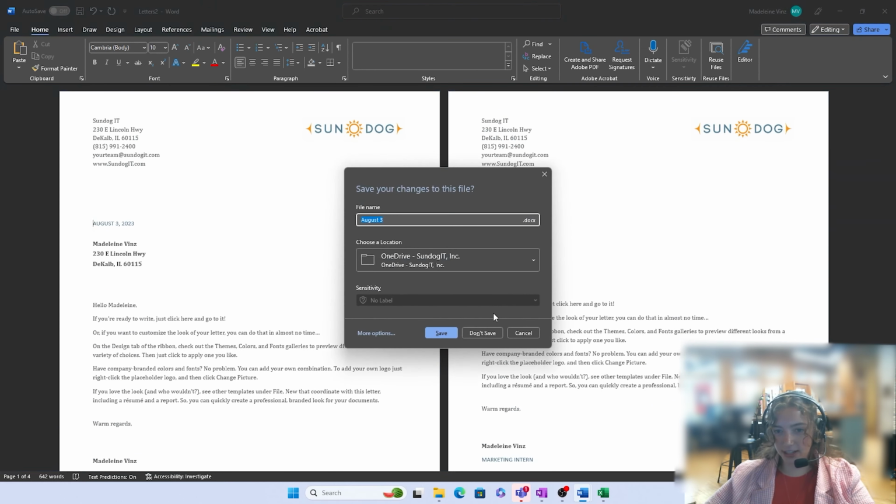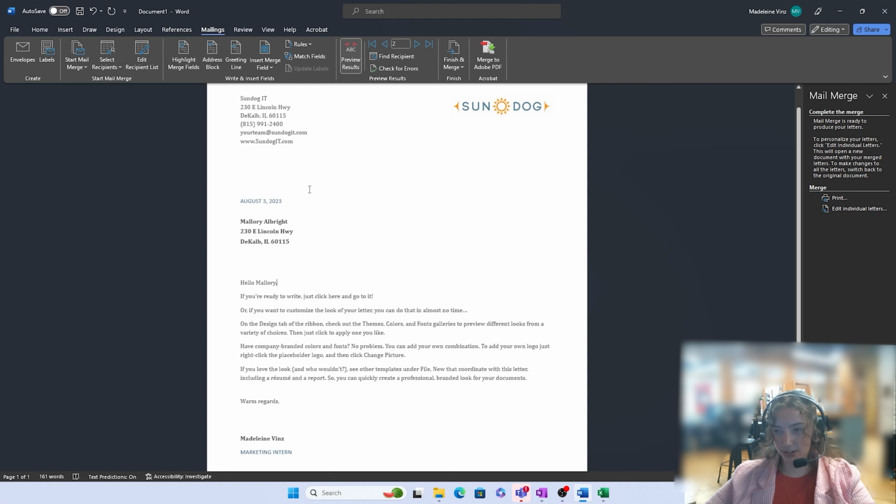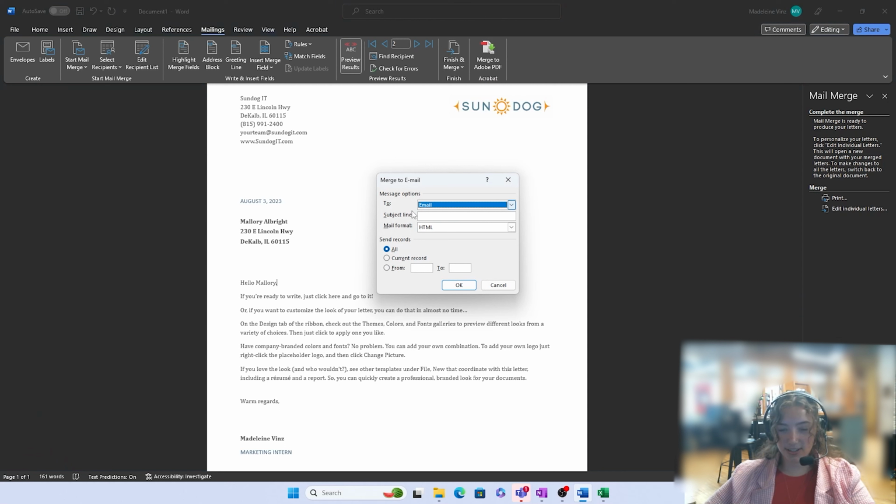So I'm going to close out of this document, and it'll take me back to my original document where I can export the letters. So the first option is to print here, or you can go to the top and click Finish and Merge here on the very right, and you can send an email message. So since I had an email section of my Excel spreadsheet, I can just choose that option. In order to export these through email, you'll have to have the email on the Excel spreadsheet. So I have the email field from my Excel spreadsheet listed here, and maybe I'll have informational letter as my subject line,